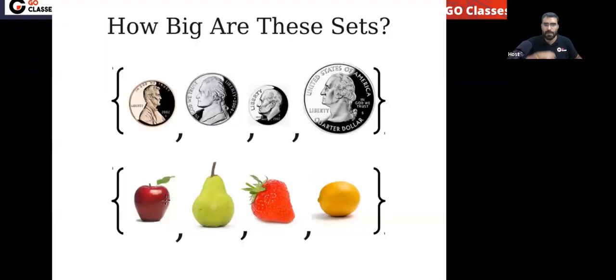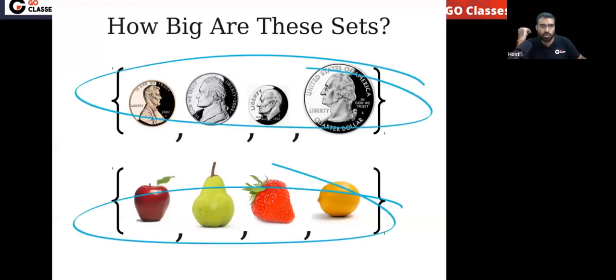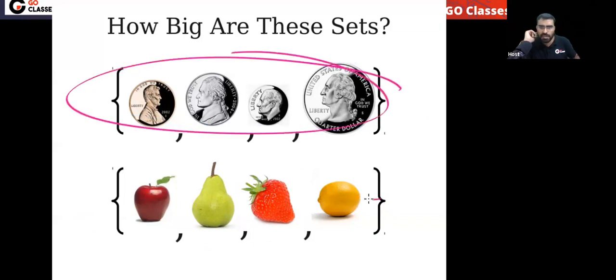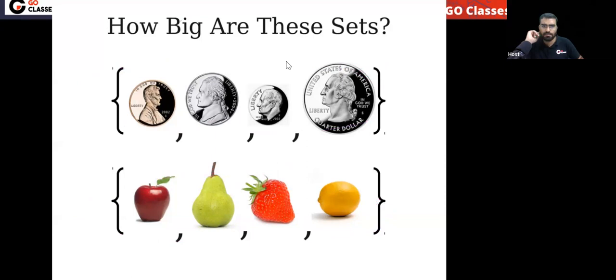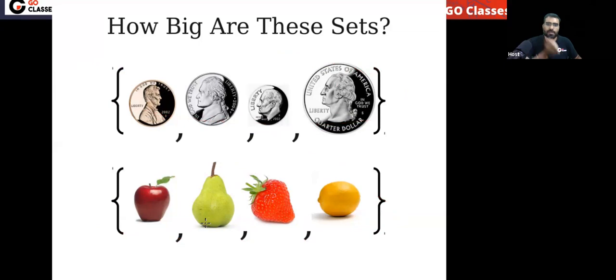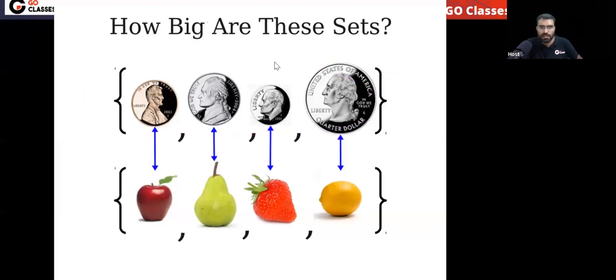For example, see this. Can you say these two sets have the same size? How to prove it? By giving a bijection. If you can create a bijection, then you can say they have the same size. Between these two sets, can you create a bijection? Yes, of course, you can create a bijection like this. So because there exists a bijection,